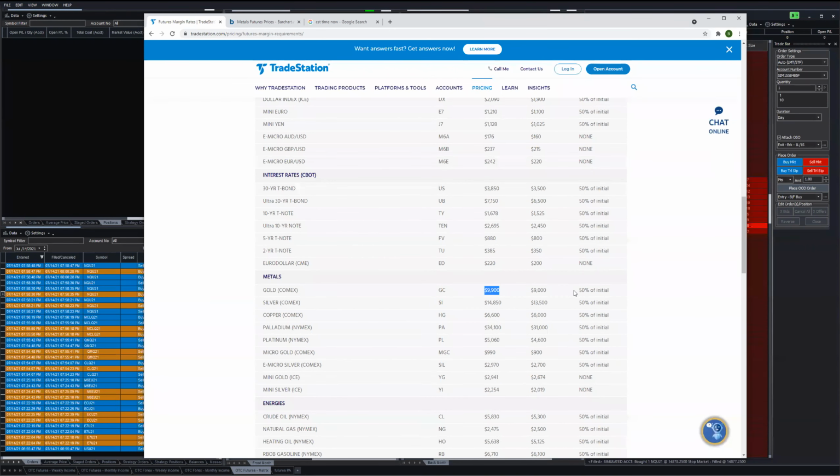However, you have to close that position on the same day. If you don't do that, the broker will close it automatically if you don't have the entire $9,900 in your account. Right? That means day trading rate. I will not focus on that because we are not day traders. Right? So